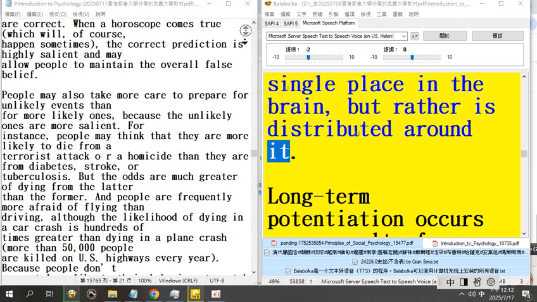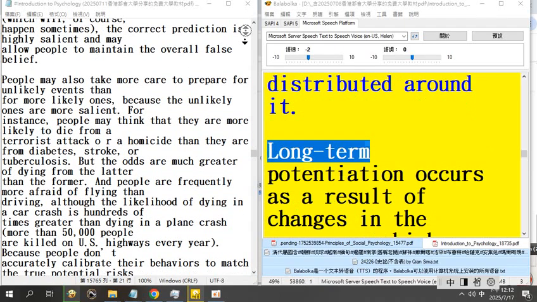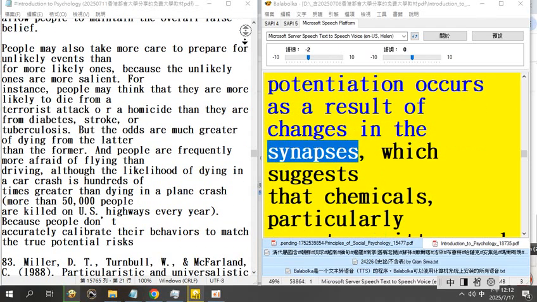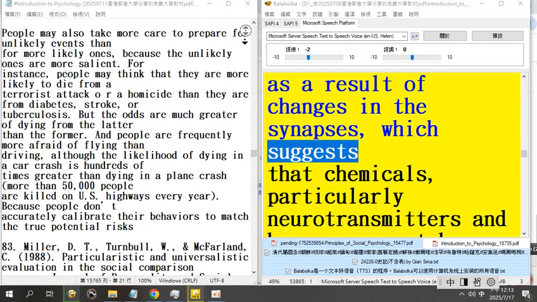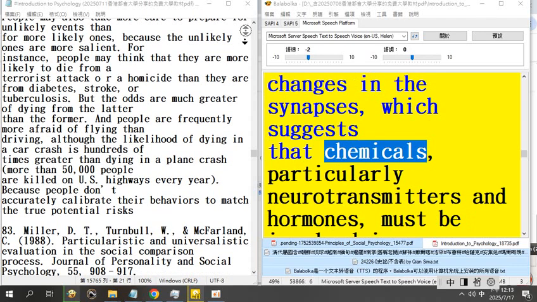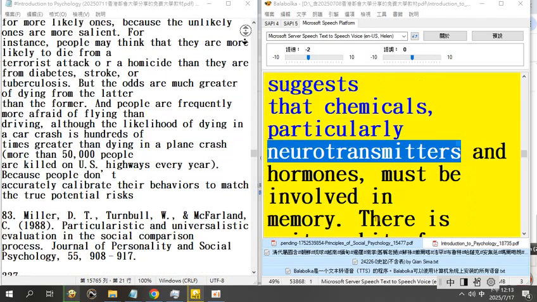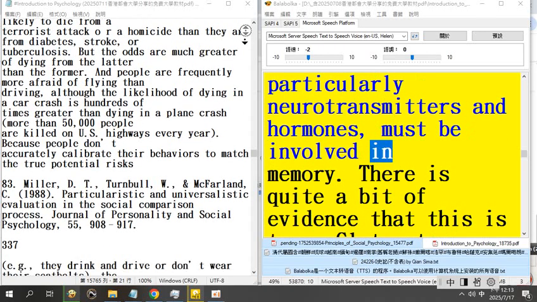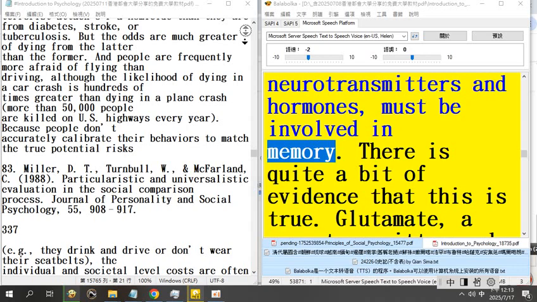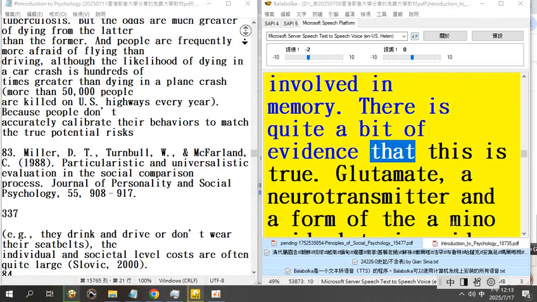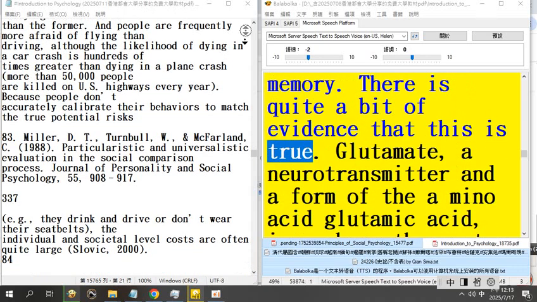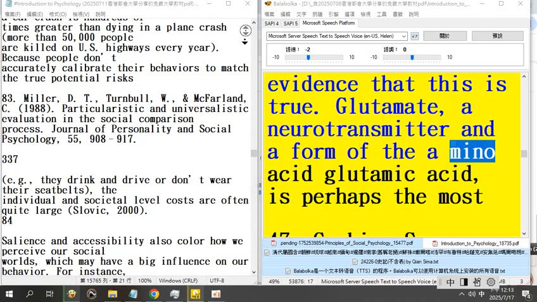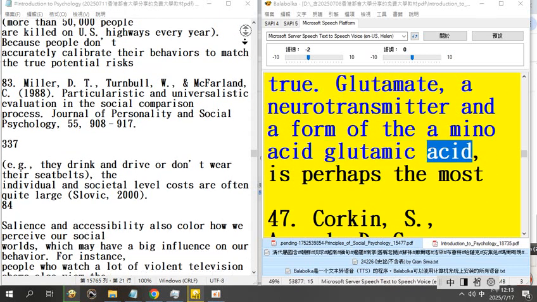Long-term potentiation occurs as a result of changes in the synapses, which suggests that chemicals, particularly neurotransmitters and hormones, must be involved in memory. There is quite a bit of evidence that this is true. Glutamate, a neurotransmitter and a form of the amino acid glutamic acid, is perhaps the most